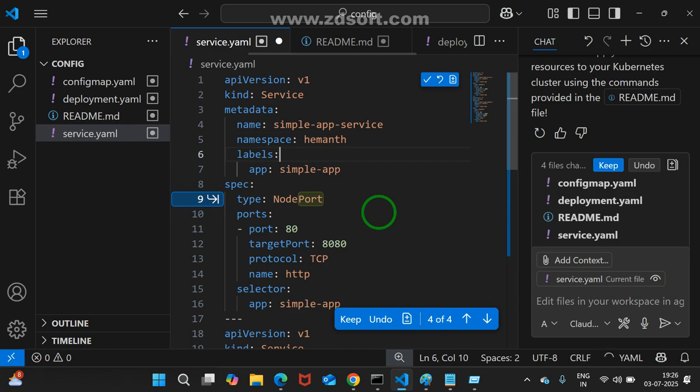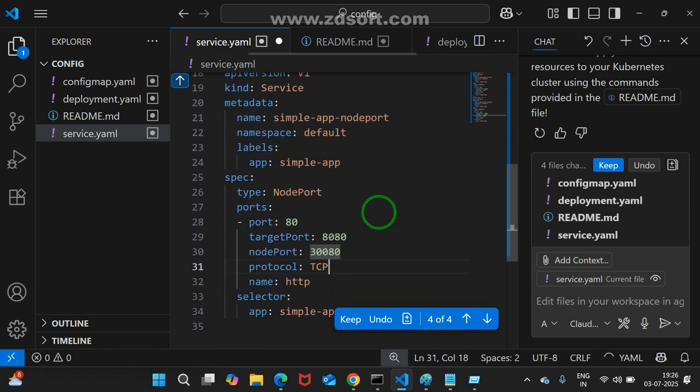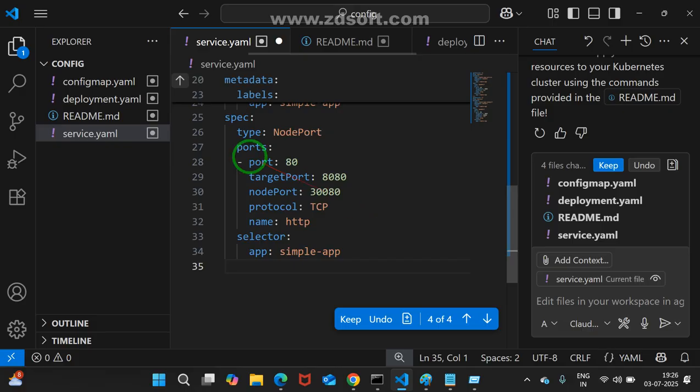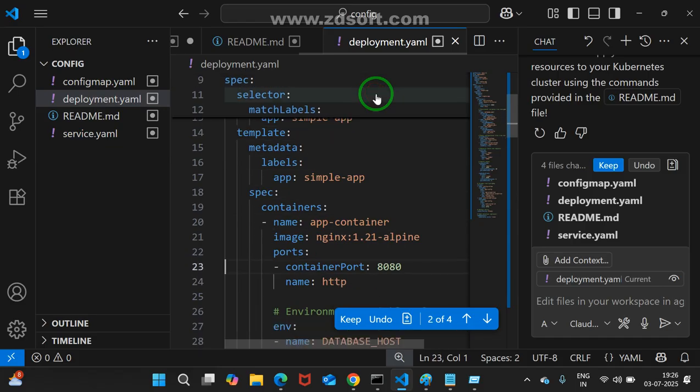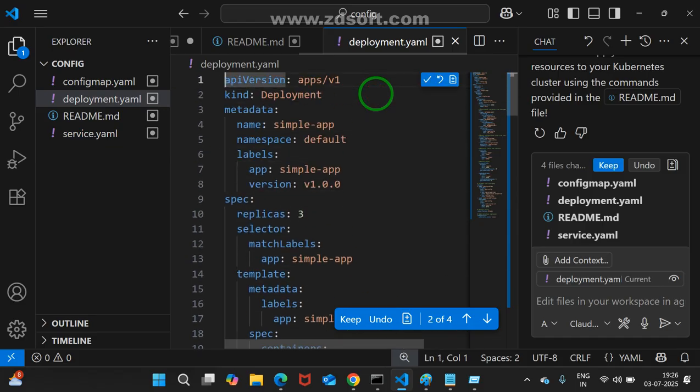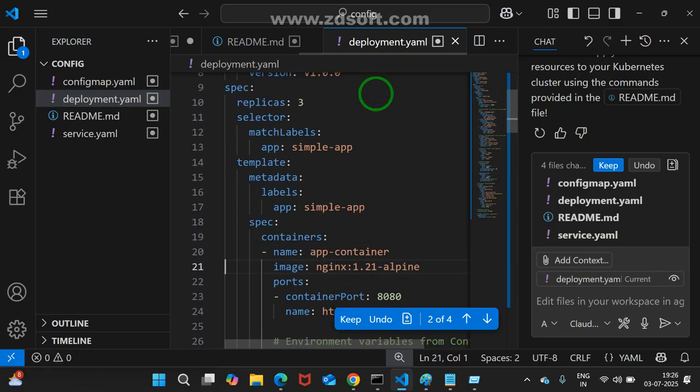Anyway, this one I took NodePort. Here also again they are taking NodePort. We may see in the deployment, what is the image? Quick response. They took which image? This is the deployment only. Nginx is there or not? Yes, Nginx 1.21.5. Good.